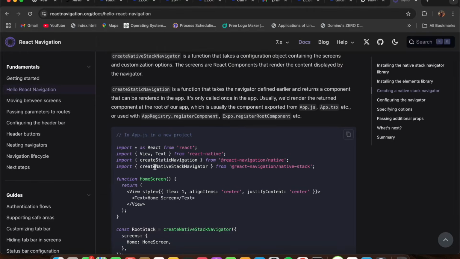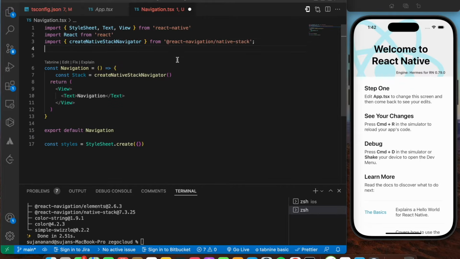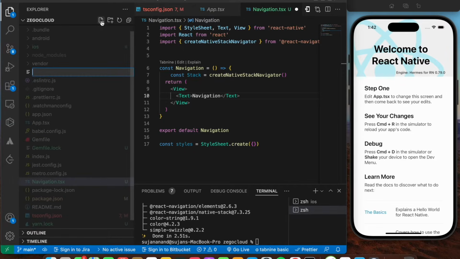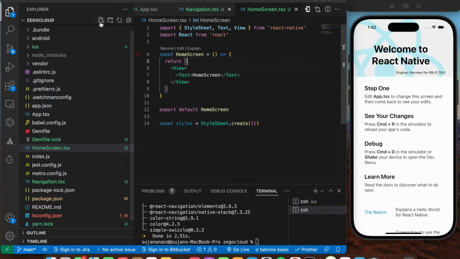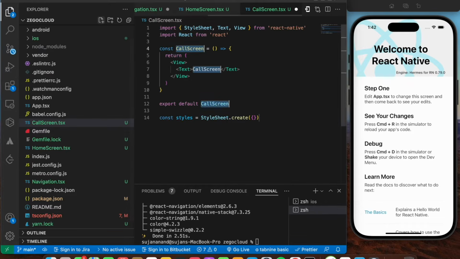Let's say this one. All right. So now instead of the view, first of all, I'm going to create two screens, home screen as well as a call screen. I'm going to say new file, home screen.tsx, rnfes, and then I'm going to say your call screen.tsx, again rnfes,